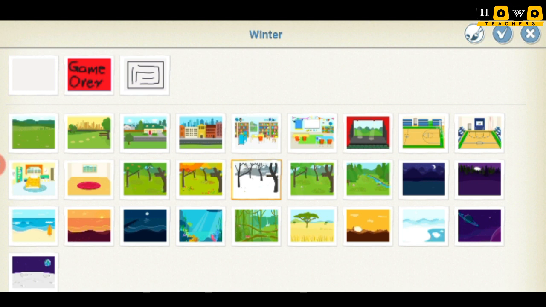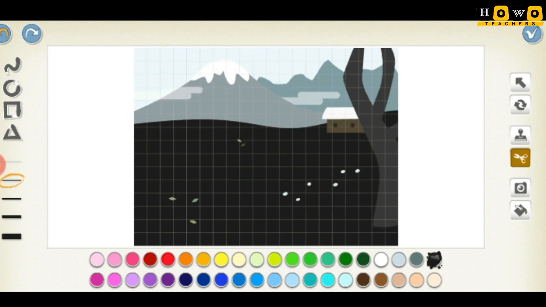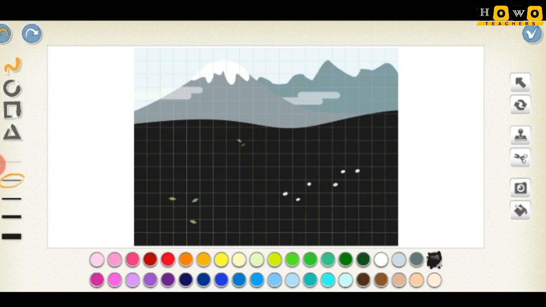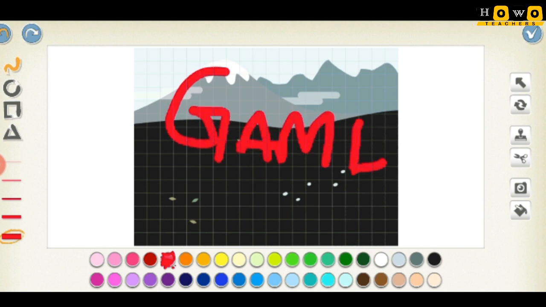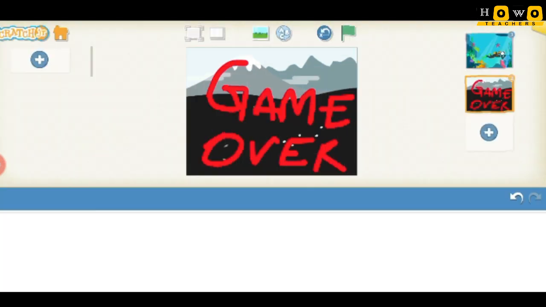want you can simply go to the paint option and you can simply select the delete, means you can delete anything you want out there, and with the background you can simply write anything, like game over. If you want to write, I can simply write game over. So I'm writing here game over. You can see game over. So over mobile phone it becomes much more easier because we can easily write anything with just our finger touch.